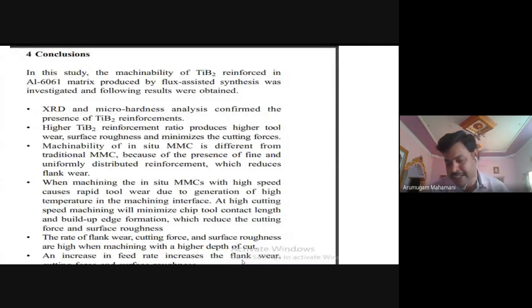Of course, now people are asking for sustainable machining. So you can add responses: flank wear, cutting force, surface roughness, all are one kind of responses. Even you can add a specific